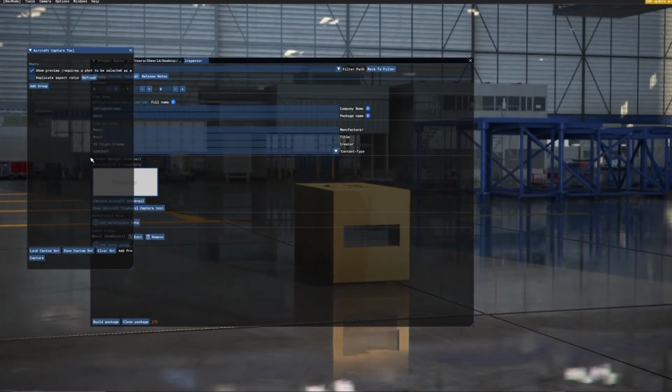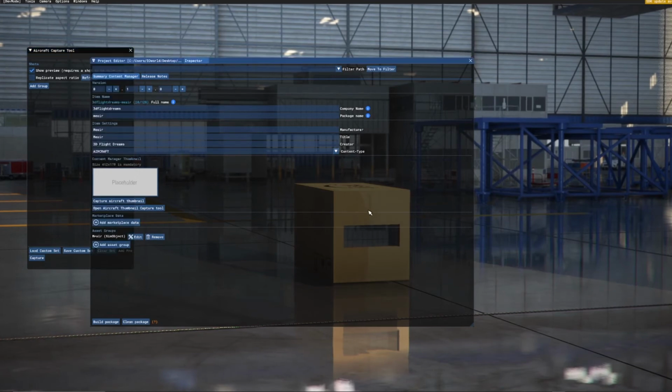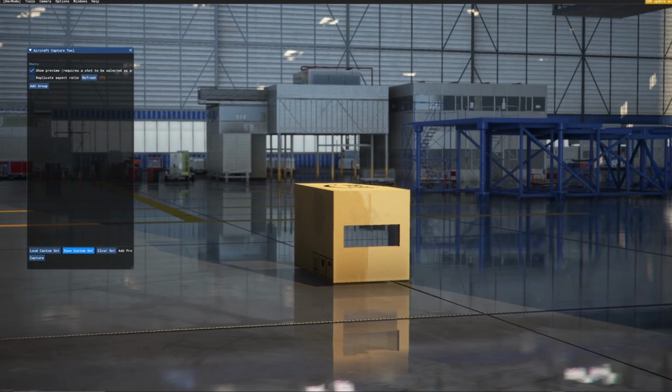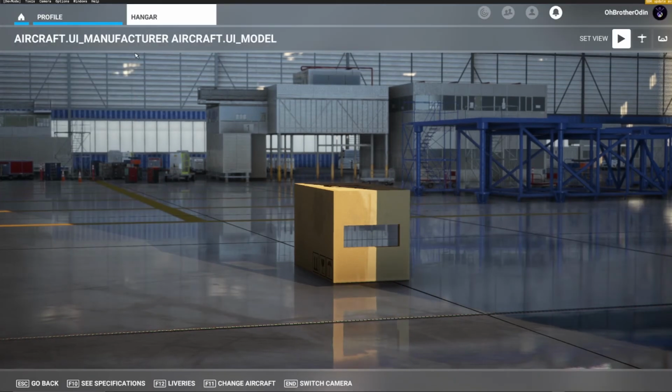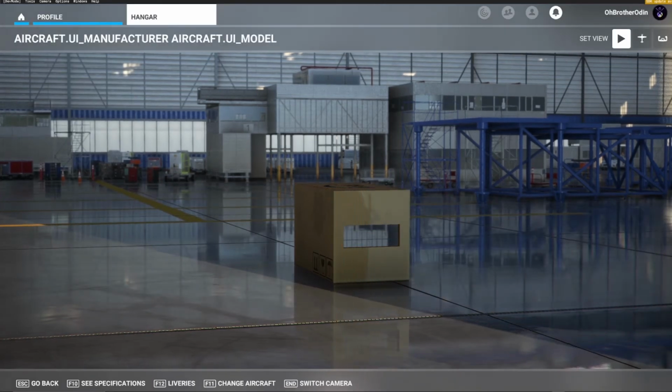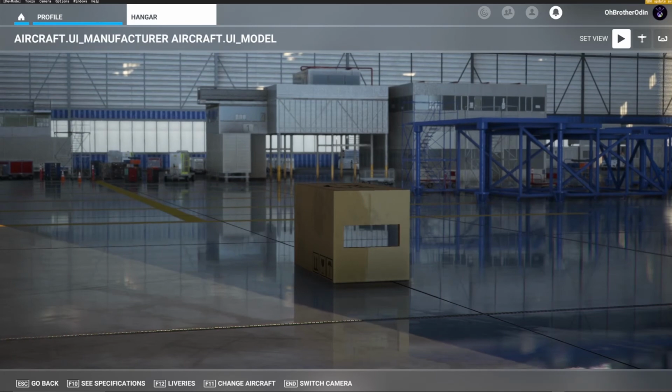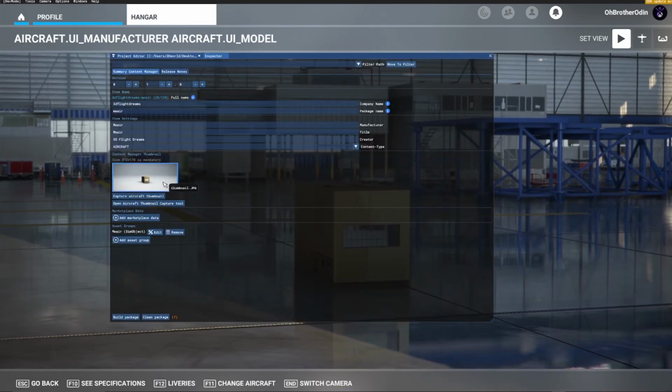Thumbnail, add group. Sure. Capture the box. Go ahead, capture it. Custom set. Nope. Okay. Apparently it changed. So we've got our box here. There we go. Could have been a better shot, but